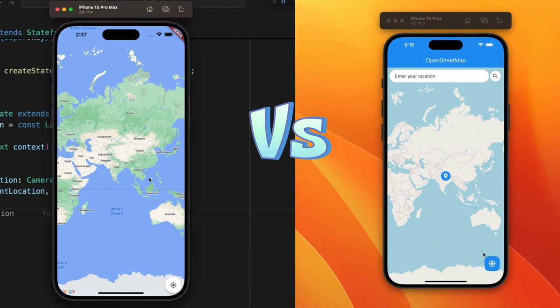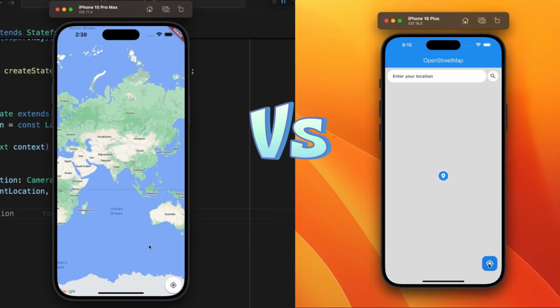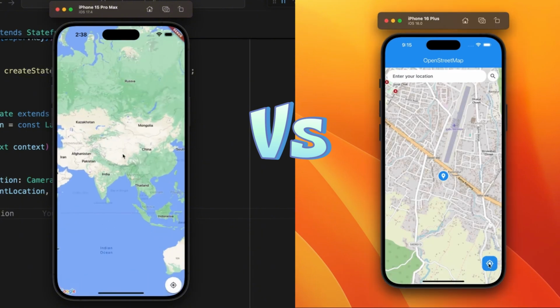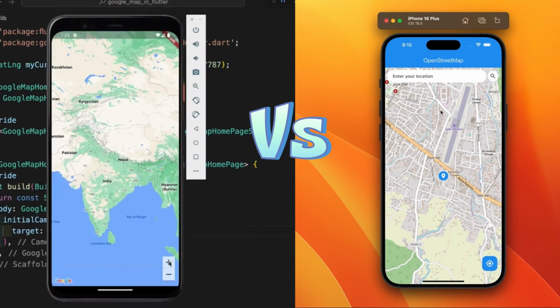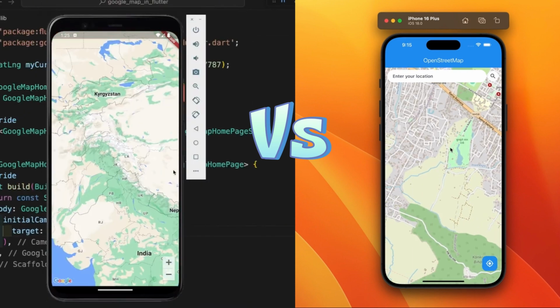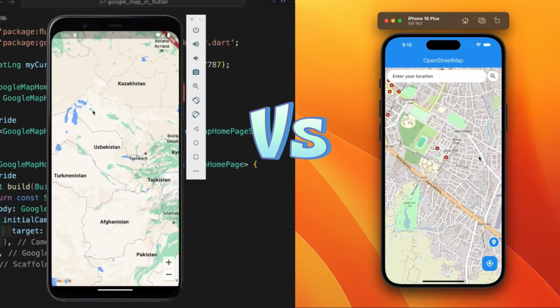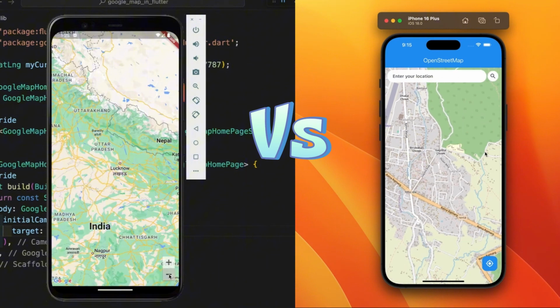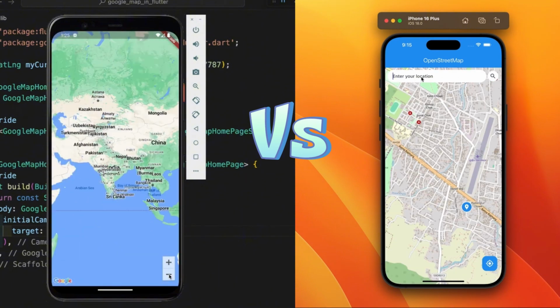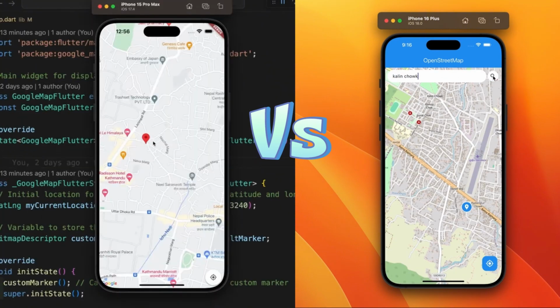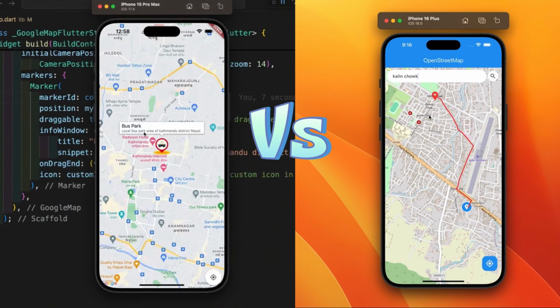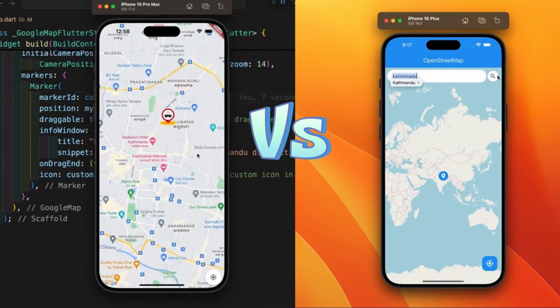Now let's see what we'll cover in this video. First, we integrate both maps in both our Android and iOS app. We get the user's current location, add a custom marker and info window, draw polylines, polygons and shapes, implement navigation and routing features, and we also compare the pros and cons of both throughout this entire tutorial. By the end of this tutorial, you will have a clear understanding of which mapping solution suits